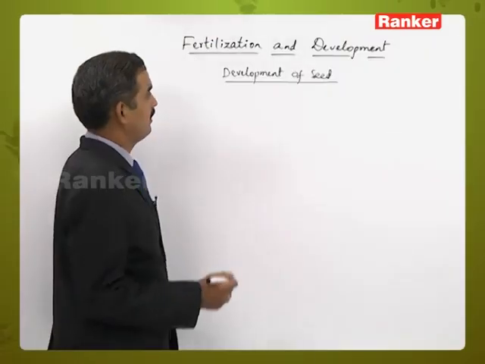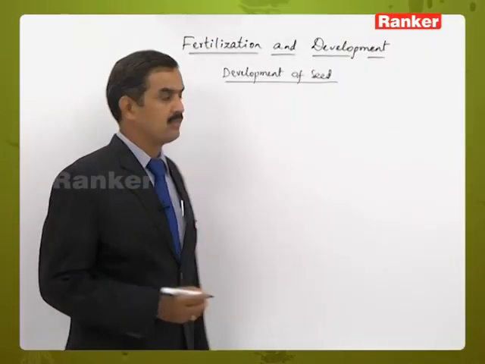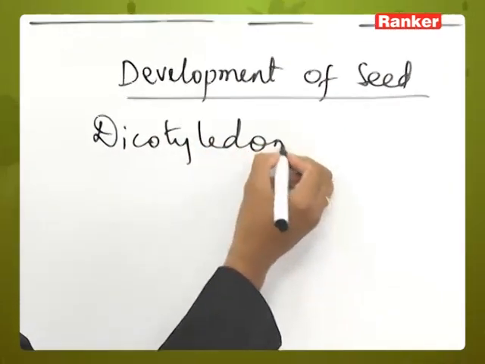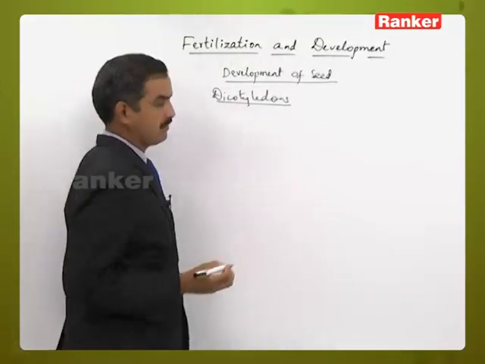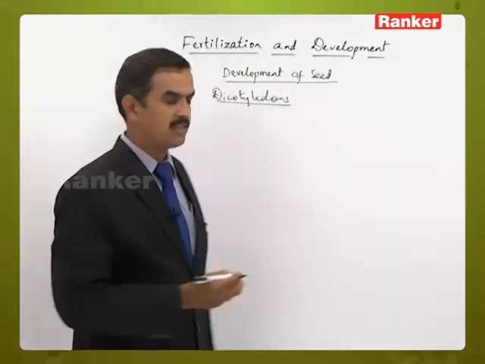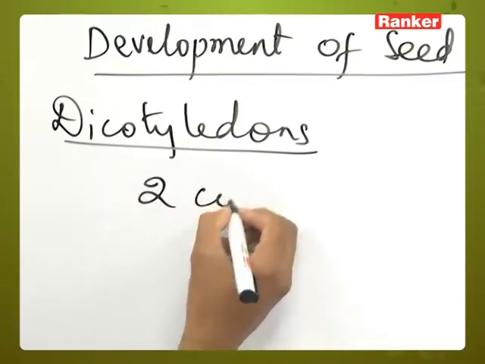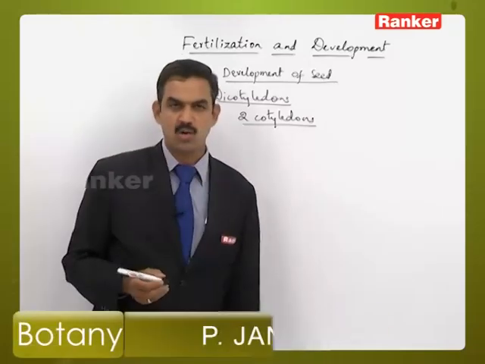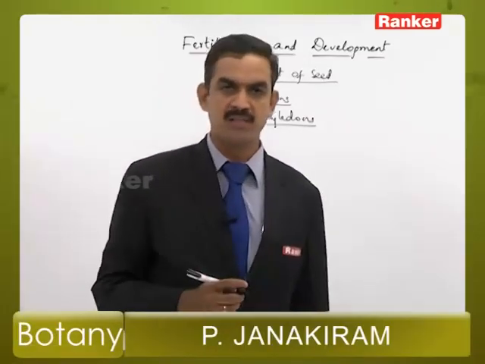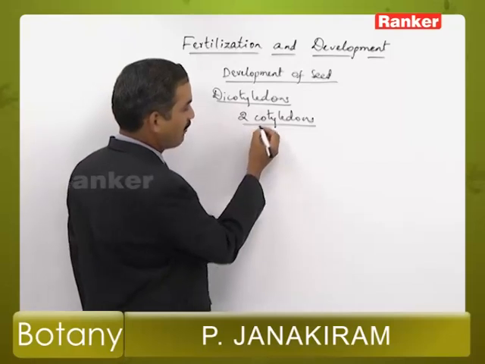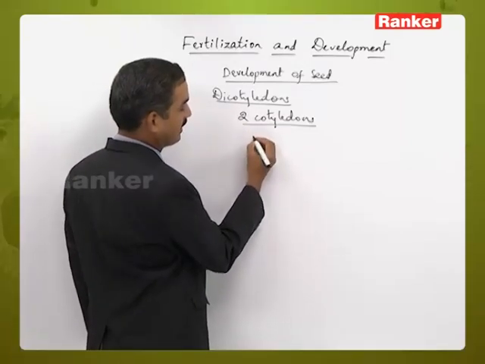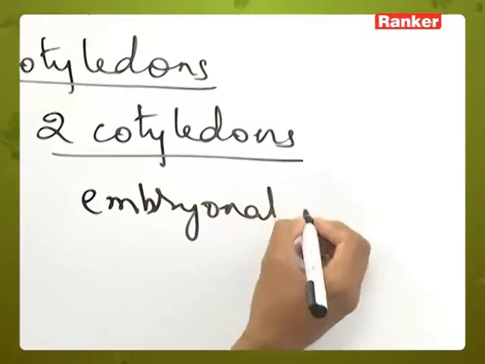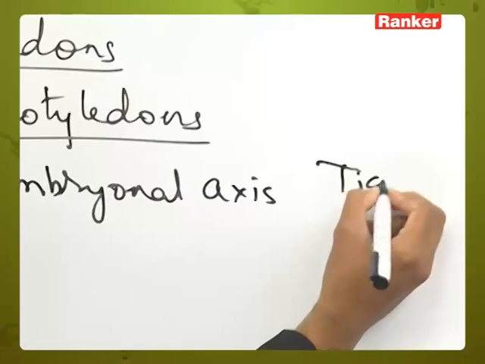Development of seed. So, in dicotyledons, two cotyledons are there which are laden with a lot of food materials. That is, cotyledons are fleshy because of storage of excess food materials inside them. Apart from these cotyledons, they contain the embryonal axis. So, this embryonal axis is called as tigellum,